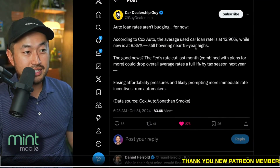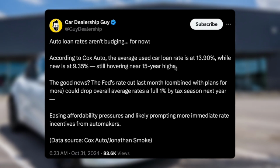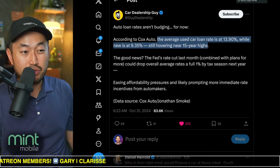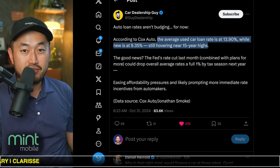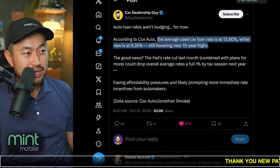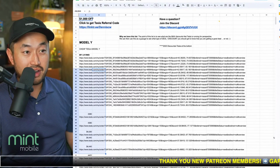Car Dealership Guy posted this. According to Cox Automotive, the average used car loan rate is 13.9%, while the new car rate average is 9.35%. So if you can beat either of those two rates, of course 0% is going to be your best, but if you can do 1.99% to 2.99% or even 3.99%, you're still way ahead compared to all the other manufacturers and vehicle competitors out there. I would say if you can get anywhere from 2 to 3%, that is a nice sweet spot to be in, especially if you stack it with one of these inventory discounts that's $4,000 to $5,000 off,